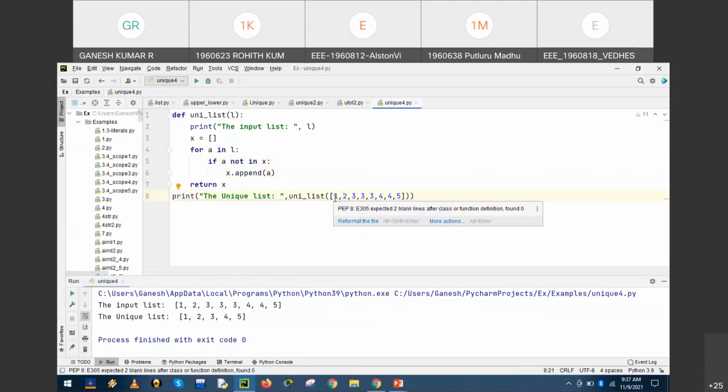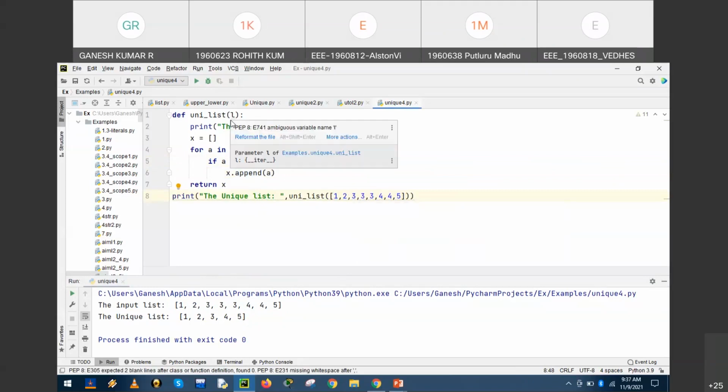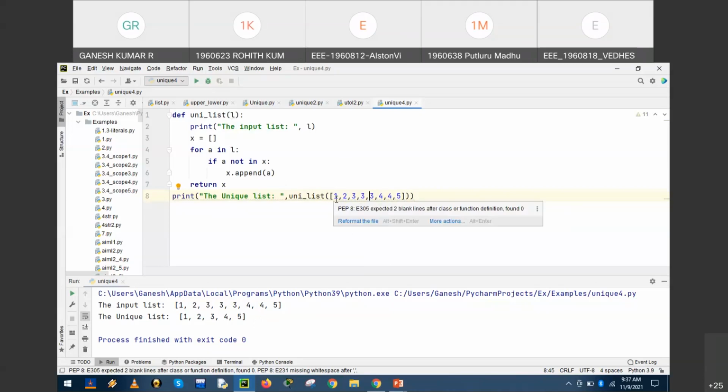So here what we have done is supply a static, already predefined list, and accordingly the program has calculated. If you would like to make it dynamic, I don't want to give a static value. I would like to give it at the time of execution. Dynamic means at the time of execution, at the time the task is carried out. Then, instead of a static list, the call function could be modified to accept input and supply it to the parameter.